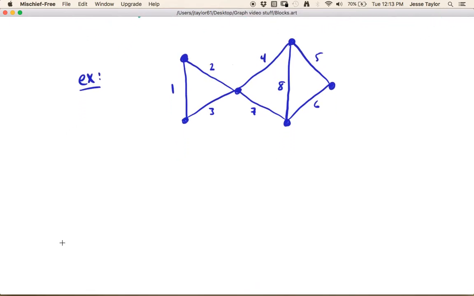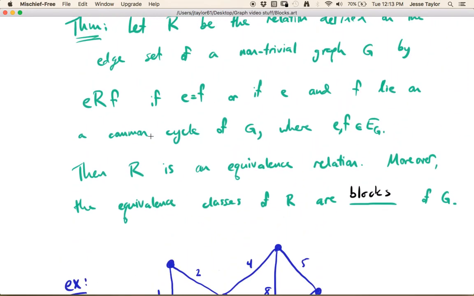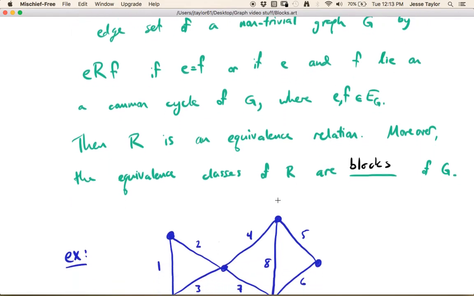So let's see what we're talking about here. Remember, an equivalence relation satisfies three things. It's reflexive, symmetric, and transitive. So you may want to go back and review that if you don't remember that. But let's just consider what's happening here. Based on our discussion above, we should be able to recognize immediately what the blocks are, ignoring the theorem above. The blocks are where you peel across the cut vertices. So for instance, this is a block, and this is a block. Here's our cut vertex, and we're just peeling it apart. But now this theorem says that if you consider an equivalence relation where two edges are related if they're exactly the same, or if they lie on a common cycle,